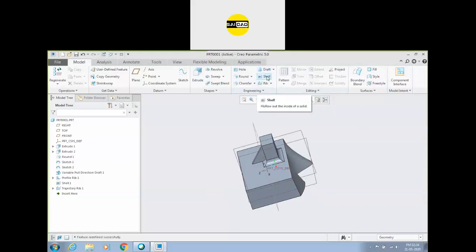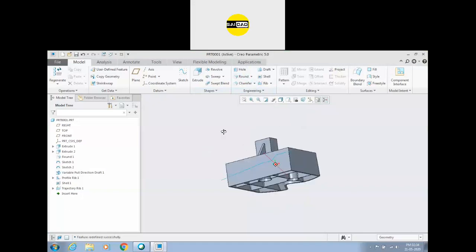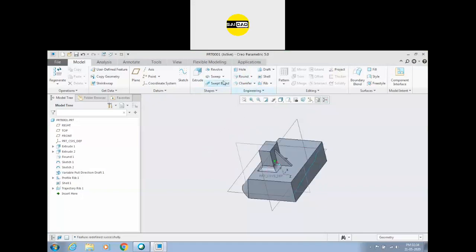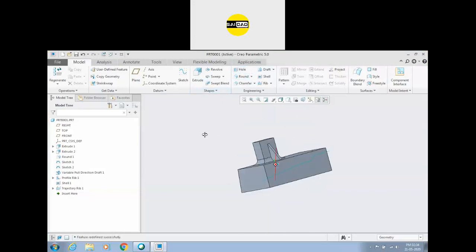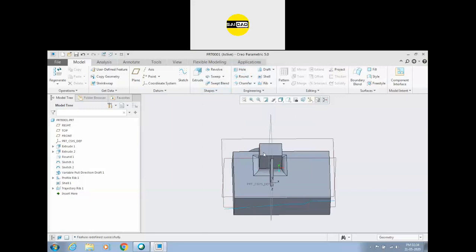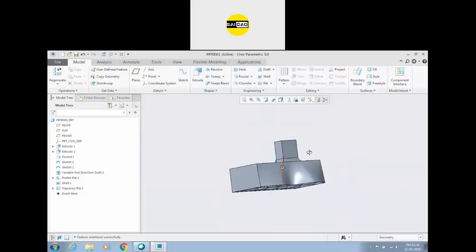For easy ejection of mold, you use the draft command. To make the object hollow from inside, you use the shell. To break the sharp edges, we use the round and chamfer, or we can also use them according to the design. If you need any hole, we can use a standard hole or a simple hole from here, with counterbore or countersink, anyone you require. Okay, so these were the tools for today.